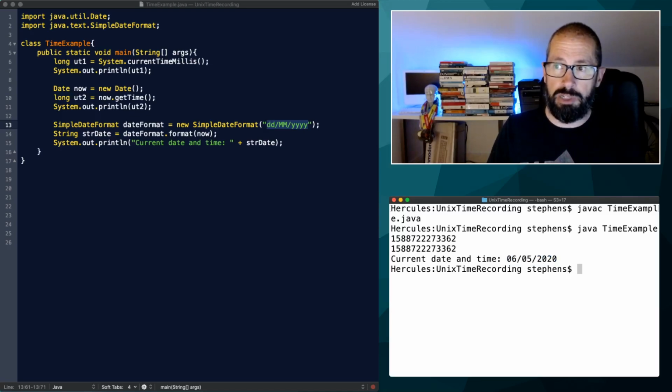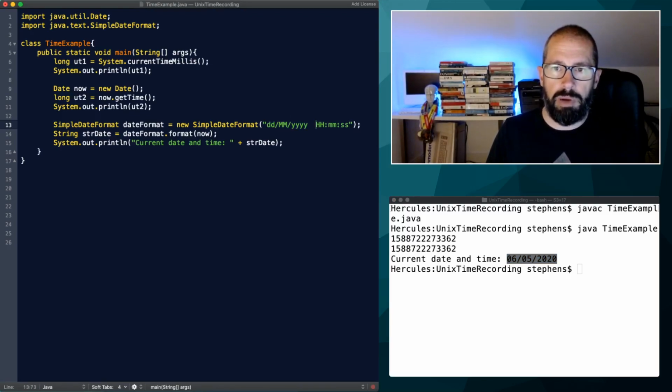The time bit isn't shown. Why is the time bit not shown? Well, it isn't shown because it's not part of our format string. Okay, if I put it back in there, it will reappear. So I could have my fully formatted string like this, or I can take various different pieces out and